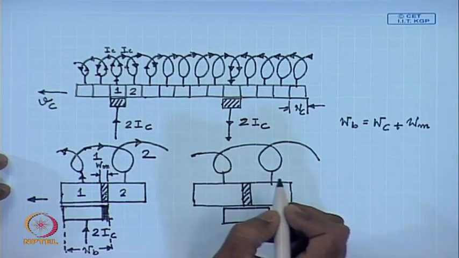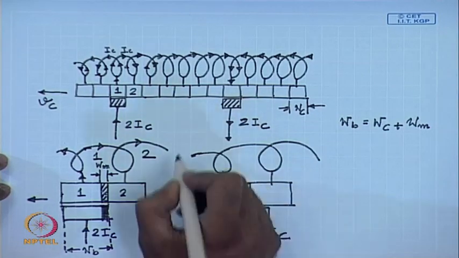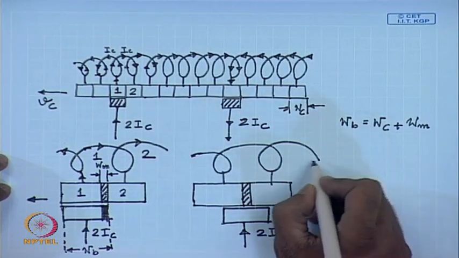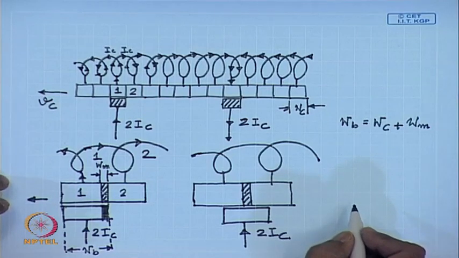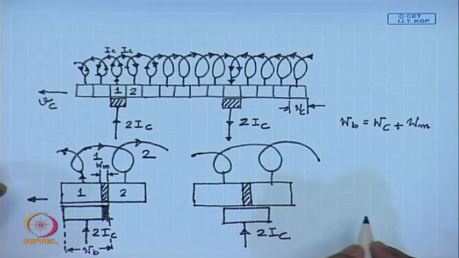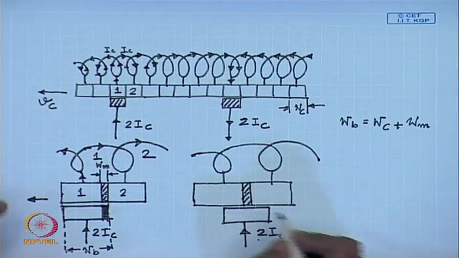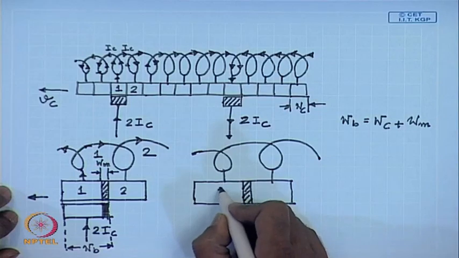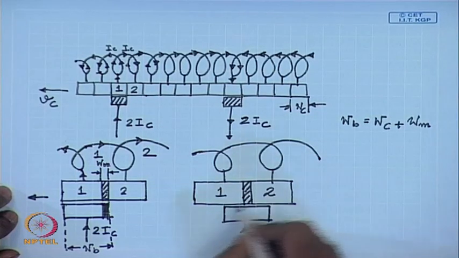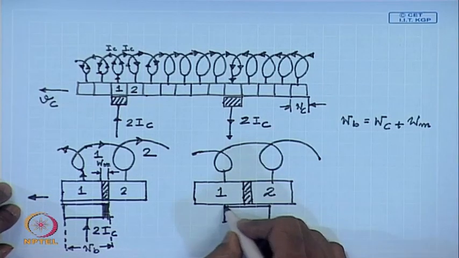This current is still IC. We see that this current is still 2 IC. We see that during this position these two commutator segments are shorted by